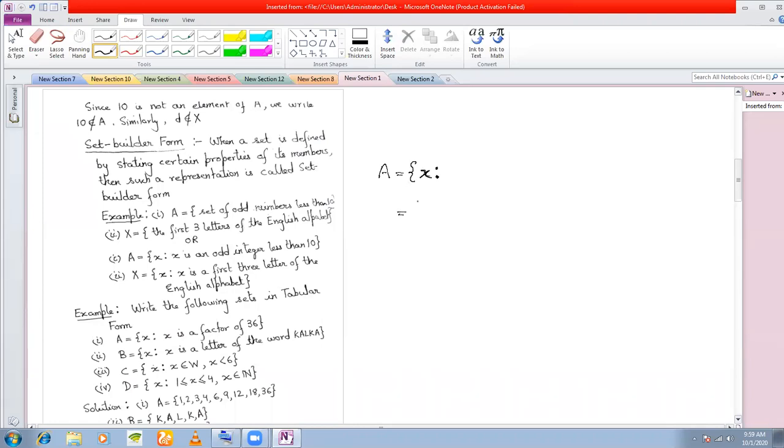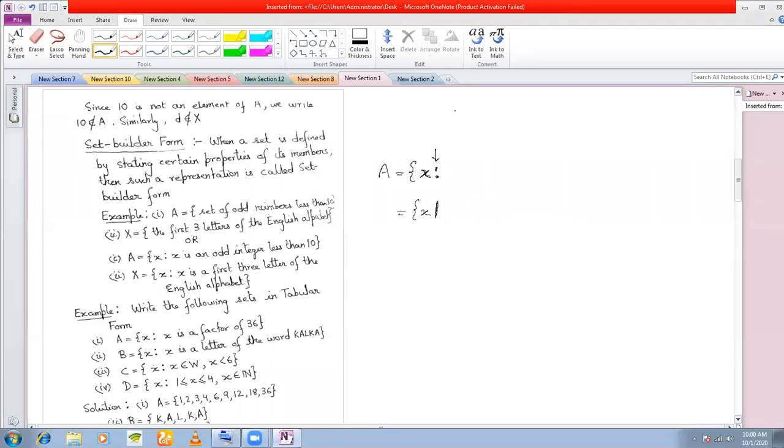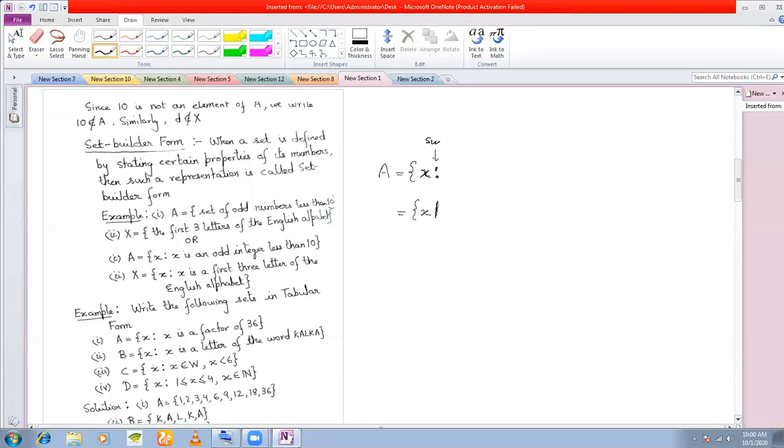Sometimes this is also written as X and a vertical line is given. Both mean the same thing, either X colon or X and a vertical line. This symbol is read as such that. So what we are doing here is we are defining a variable X within the set,